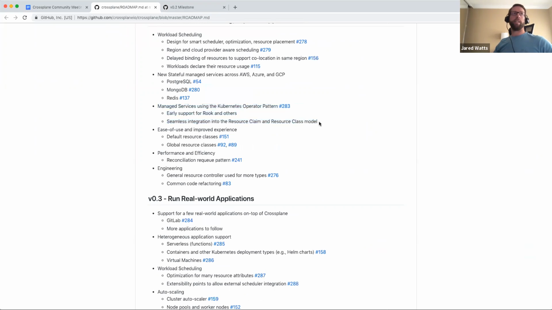We've already got some of that going on, some initial proof of concept work for CockroachDB using the Rook operator. So there's some more thinking to do to formalize the proposal for how, in general, managed services that run in cluster and support the operator pattern can be supported, but there has already been some work accomplished on that.